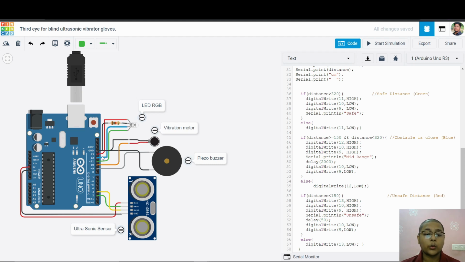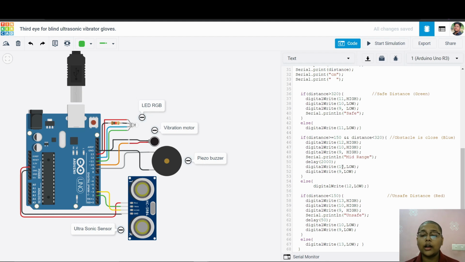Pin 12 is blue in the RGB LED, pin 10 is for the vibration motor, and pin 9 is for the piezo buzzer. So our piezo buzzer, vibration motor, and blue LED will start. On the serial monitor it will print mid range, after a delay of 2000, 2 seconds, and we will make them low.